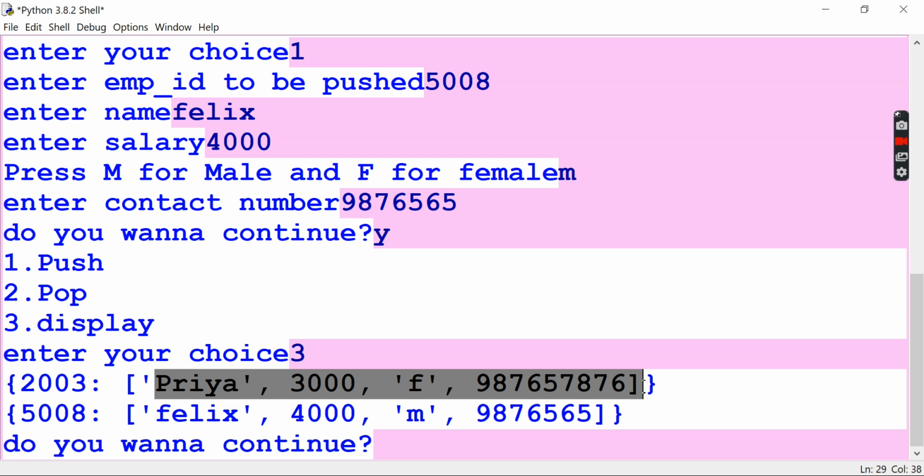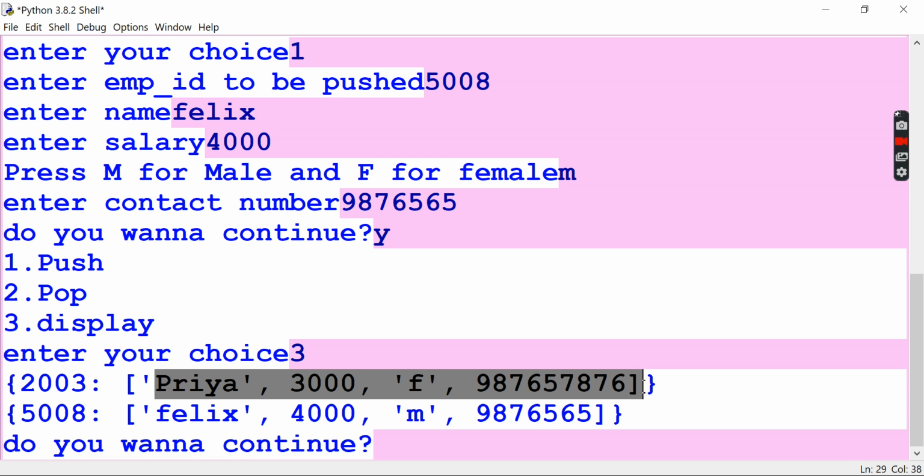See here, I have entered five pieces of information about the user. One is the key, and the other four things have been taken as a list and are going to be saved as the value of the key. Similarly, you can use it for 10 items at the same time.